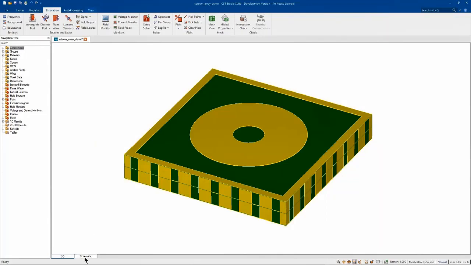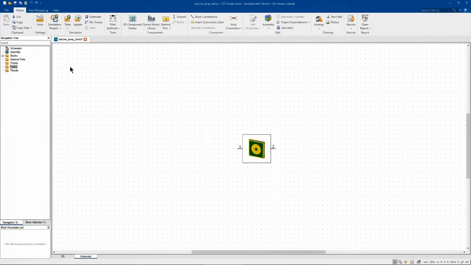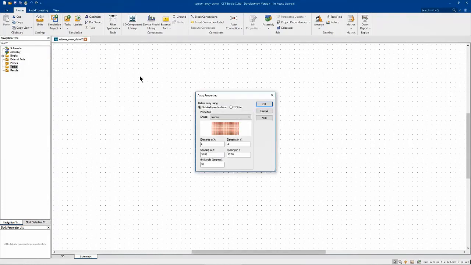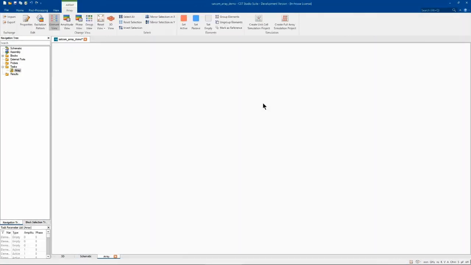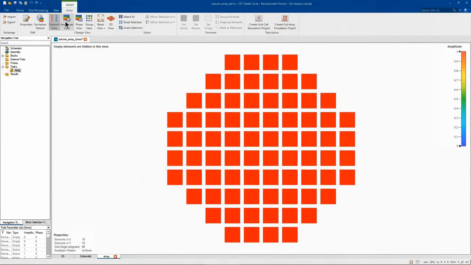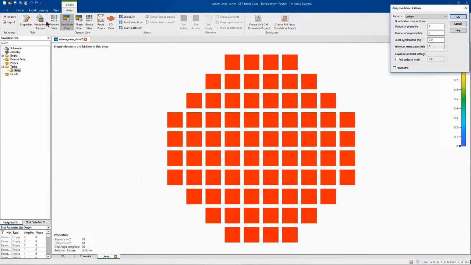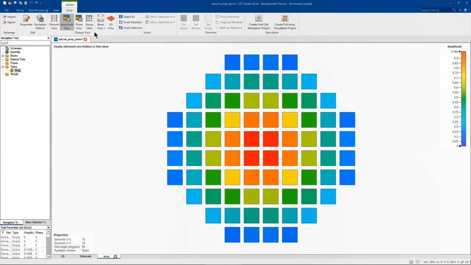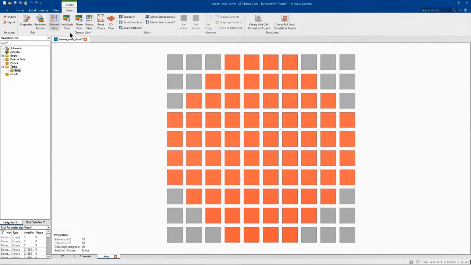So we start with the array element, and we create an array task in the CST schematic. We can then enter the shape of the array, circular in this case, and define the number of elements. You can choose which elements are active, passive, or absent. And you can also look at the excitation profile, which is initially uniform, but can be changed to be, for example, a Taylor distribution, as shown here. So we can then generate the unit cell simulation project,